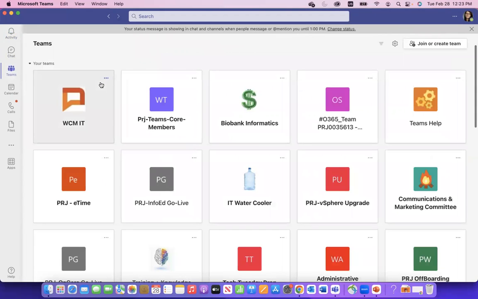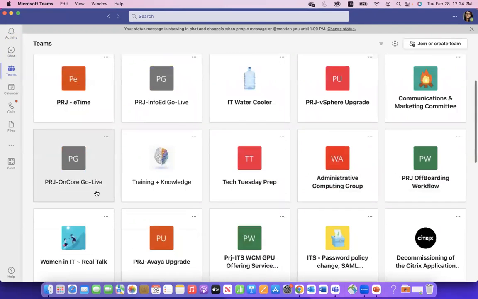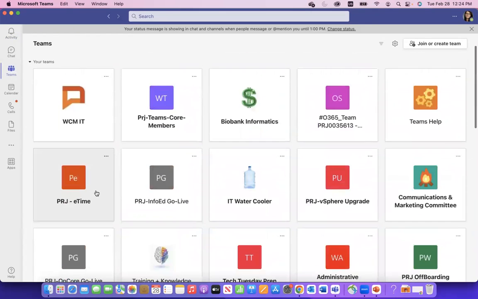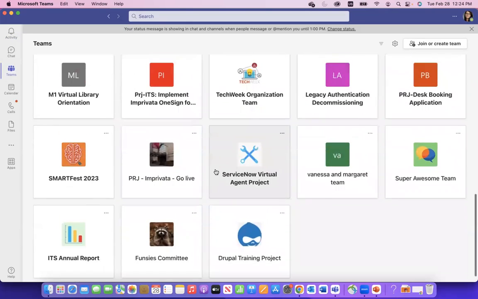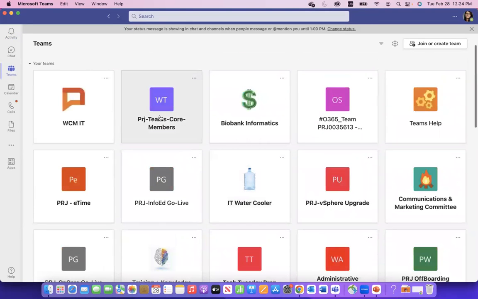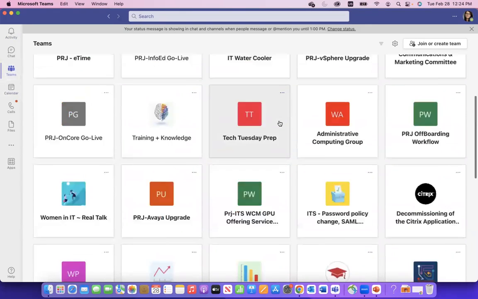So if you want to create a team because, let's say, you're working on a project with like 10 other people, and you want this little space online where you can all talk whenever you need to, kind of compartmentalized in this one space. This is my dashboard, and these are all of the teams that I am a part of because somebody invited me or because I created the team.